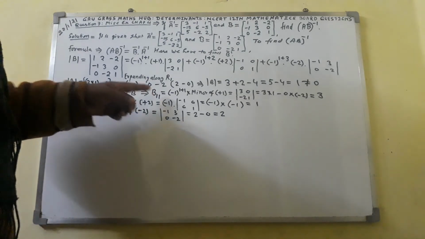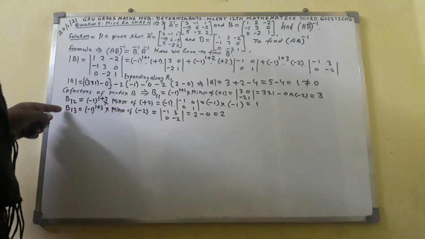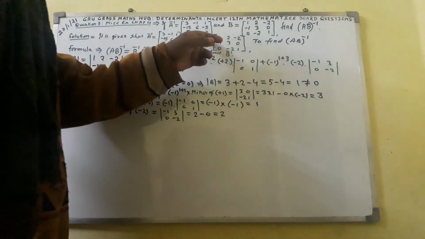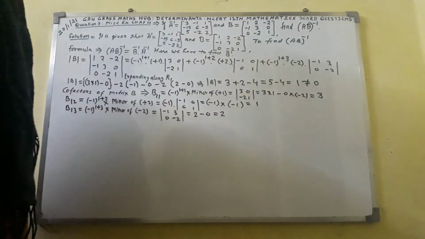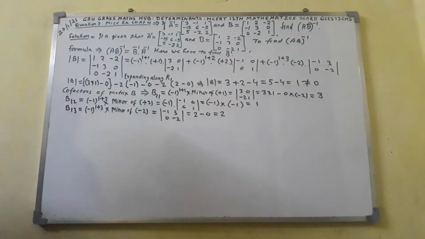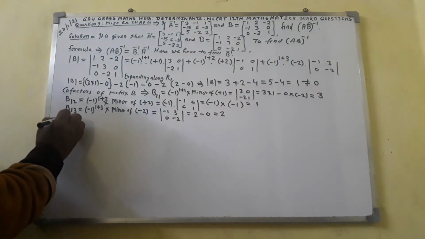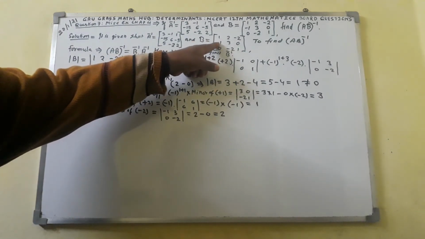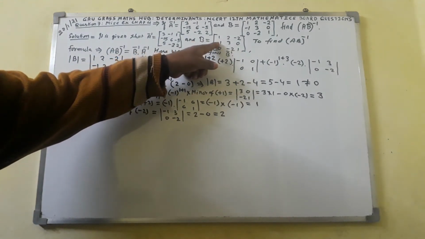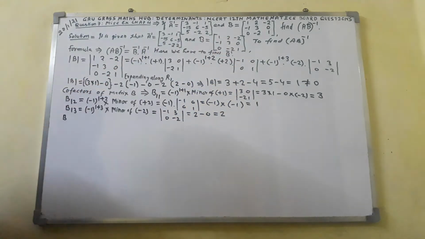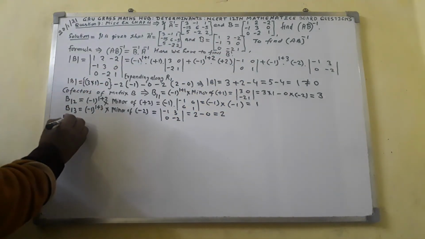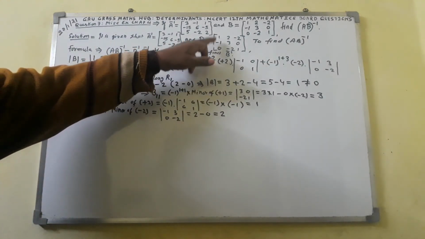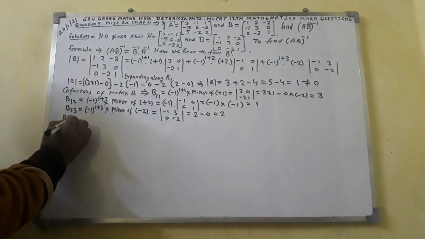Now B input 11, B input 12, B input 13. It is over. Now discuss about second row of matrix B. For second row, here I shall write B. If I take this element -1, so -1 is there in second row. For second row, I shall write here 2, and this -1 is there in first column. For first column, I shall write here 1.